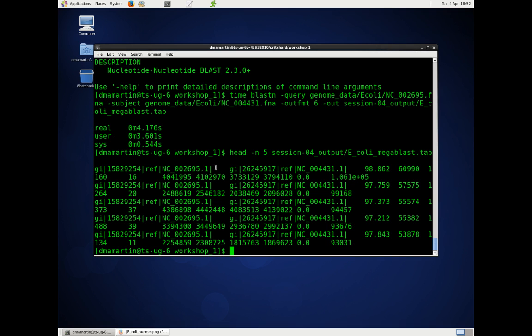There are different columns here. I'll show you what those are in just a moment. I think there's something like 12 different columns. This first one here is the query. Then we've got the subject identifiers, the percentage identity, and various other parts in here. Bit score, number of gaps, starting coordinate and ending coordinate for each, e-value, and so on. I'll show you those in just a moment, but in the meantime let's compare that